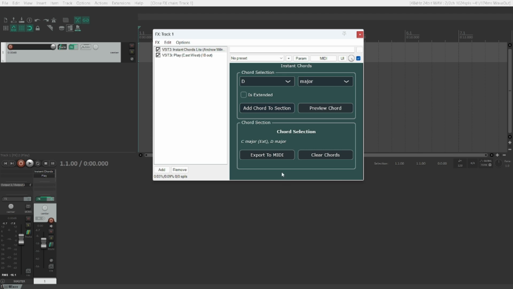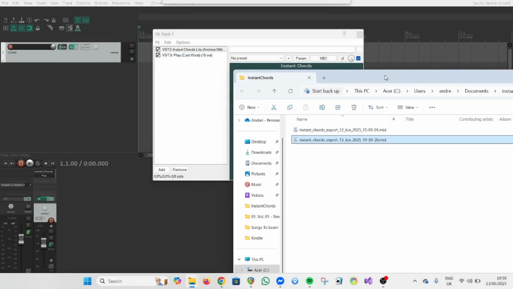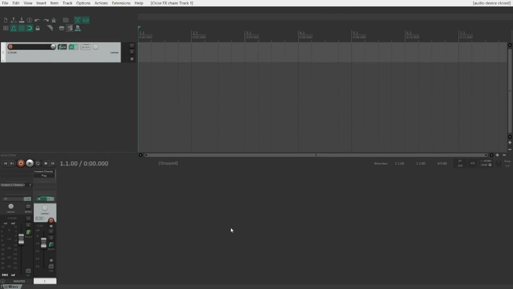And once you click export to MIDI, it's going to generate a MIDI file where each chord will last a total of 2 bars in your songs. So let's try that out. It automatically reveals the file here. So you can actually go ahead and